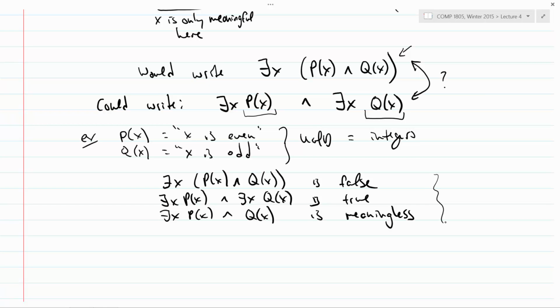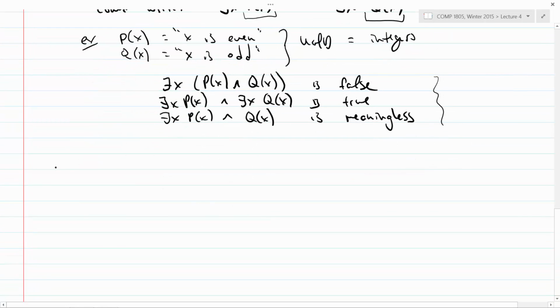All right. So, now that we know that, let's talk about the next thing, which is negating quantifiers. As you can see from the last example, we're starting to bring back all of the symbols like conjunction and disjunction that we had before. The next one we're going to bring back is negation. And some interesting thing happens when you negate a quantified statement. So how do you negate a quantified statement?